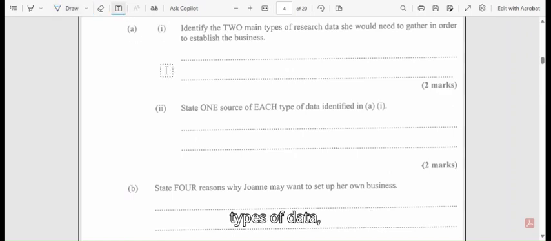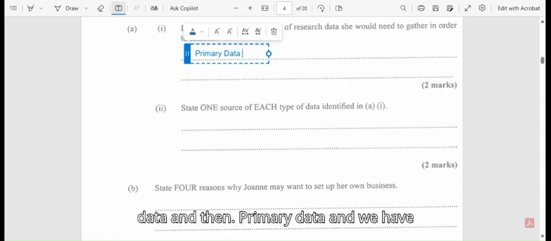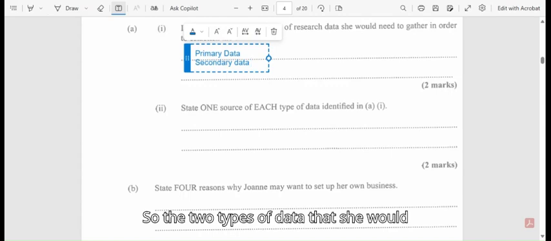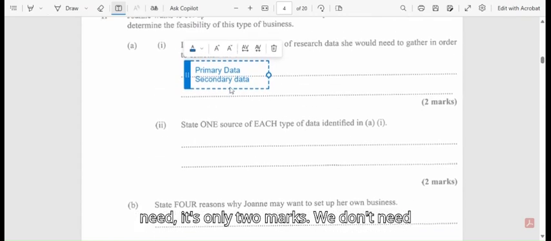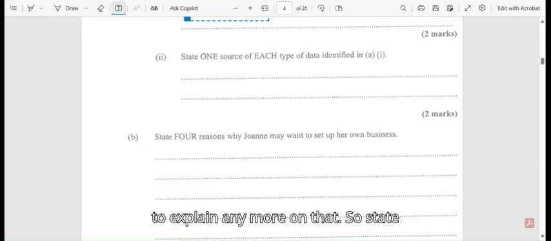There are only two types of data: primary data, and we have secondary data. So the two types of data that she would need, it's only 2 marks. We don't need to explain any more on that. So state one source of each type of data identified in